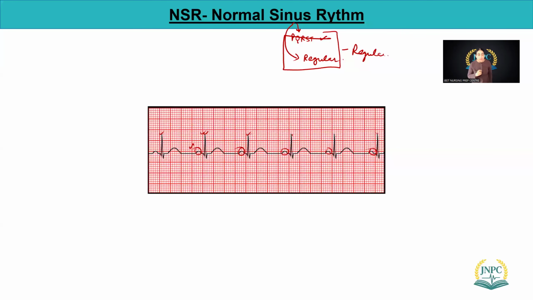Always remember that if it is normal sinus rhythm, you should know how to calculate the heart rate by just seeing that ECG. How do we do that? Any idea? How do we calculate the heart rate? Normally, we all know that in adults, the heart rate should be anywhere about 60 to 100 beats per minute,